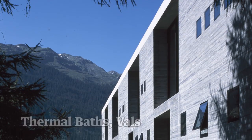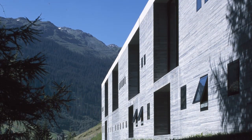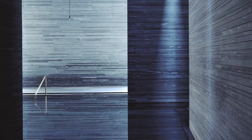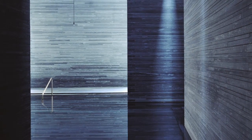One of your greatest buildings, and I use the word carefully because it's a great building, are the baths at Vals, thermal baths, which when I went to see those and went into them, I felt you'd done something that very few architects are able to do. Inside the building has weather. I mean, it feels as if you're walking into a weather system, right. And I could see you might do that here, because if we sat here now and it poured with rain...